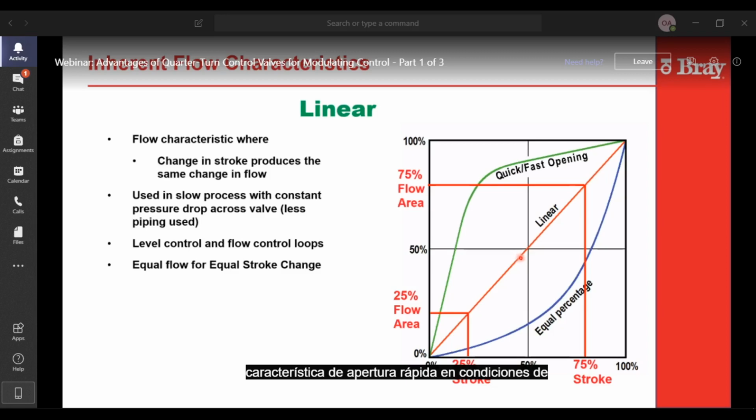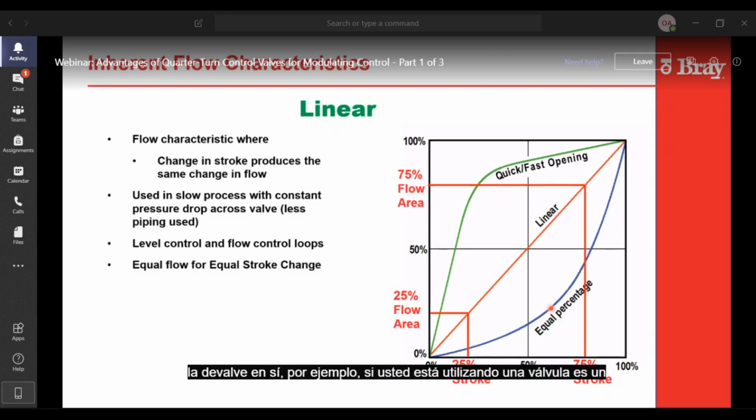Right. And I think it's important to note that if you're going to select a control valve to have the lowest possible pressure drop in the system so that you don't absorb a lot of excess energy, then you should look at an equal percentage valve, because that's where it's going to function better. When you're looking at using a linear valve, that's usually where most of the pressure drop in the system is absorbed by the valve itself.